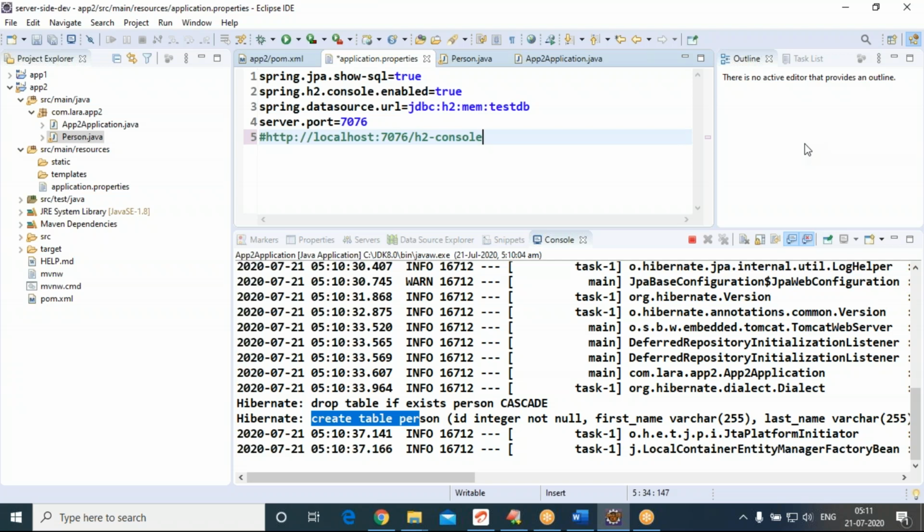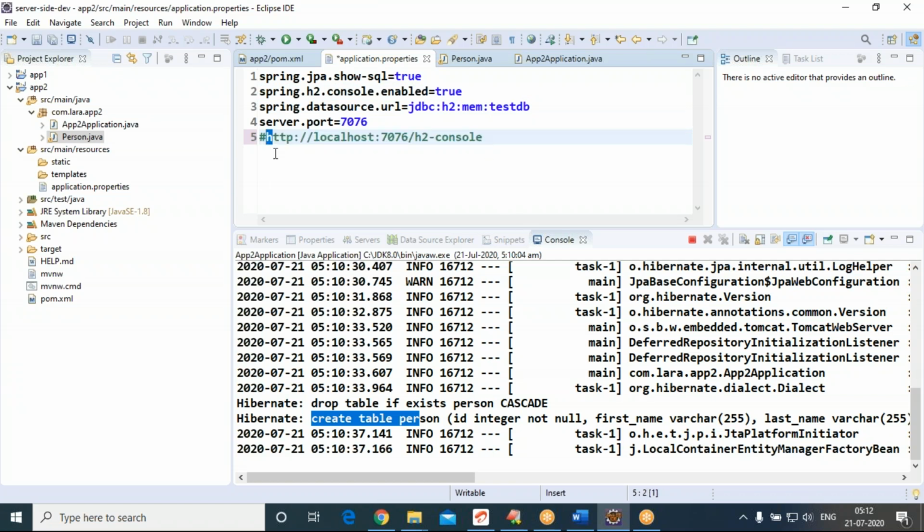This is the URL you need to enter in the address bar in order to see the content of the H2 database. The H2 database console can be accessed. You can specify the H2 database console access.